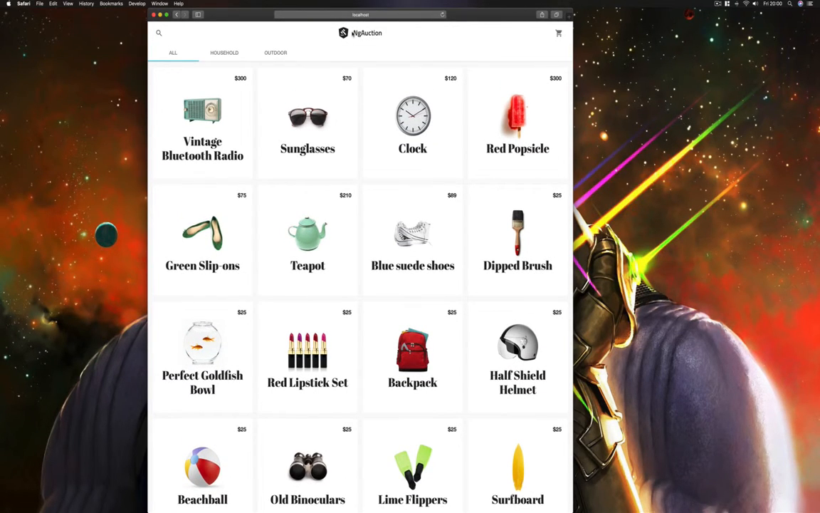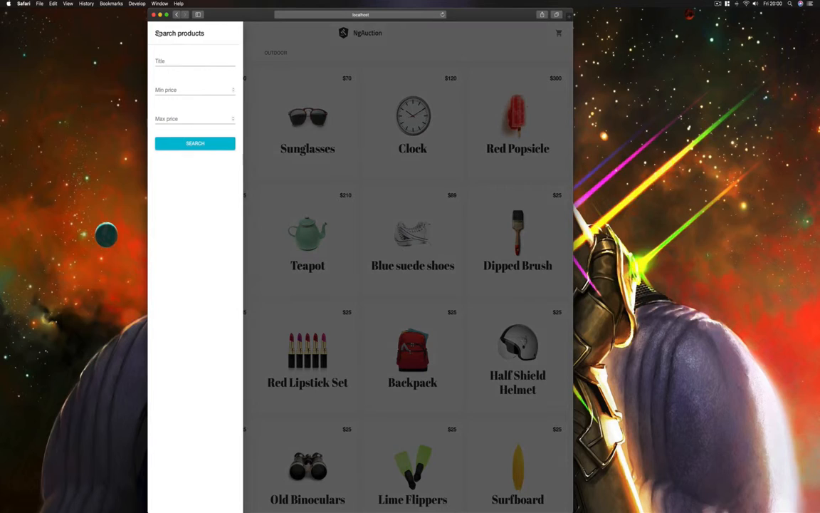I can hit the icon there, and that brings me back to the home page with no filters. Let's see here. I have another search option. I have a minimum price and a maximum price. I can't enter negative numbers here, so if I try -0,